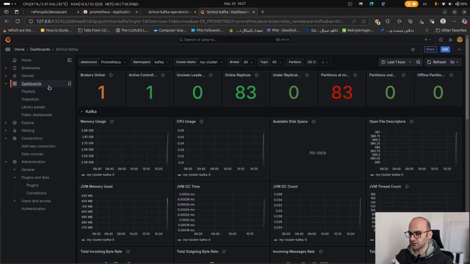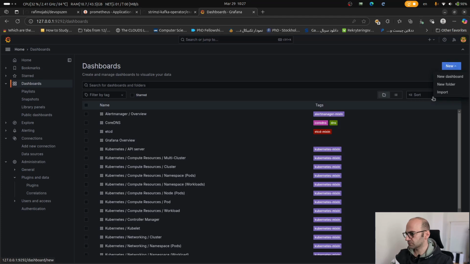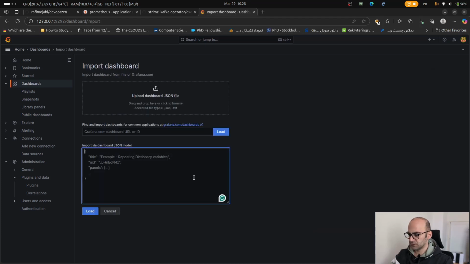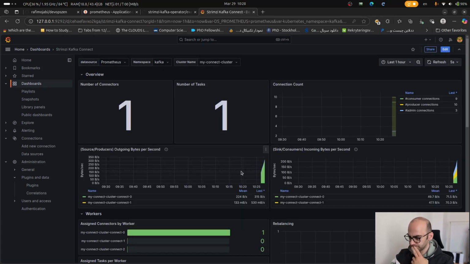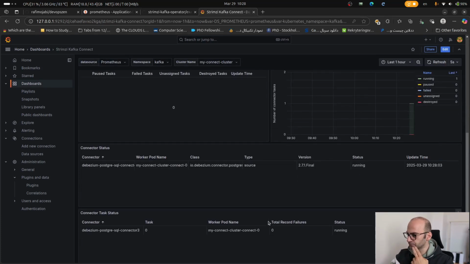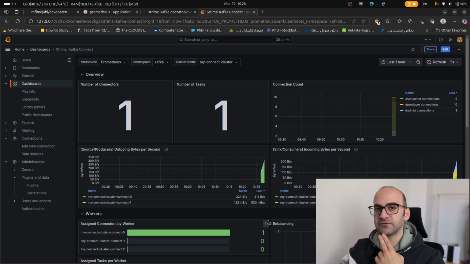So going back here in the dashboard, import. Let's see. Yeah, cool. So we basically have the monitoring stack up and running right now. We shall see what exactly is happening in the Kafka cluster, and so on and so forth. In the last part of the video, I also like to add important metrics that you